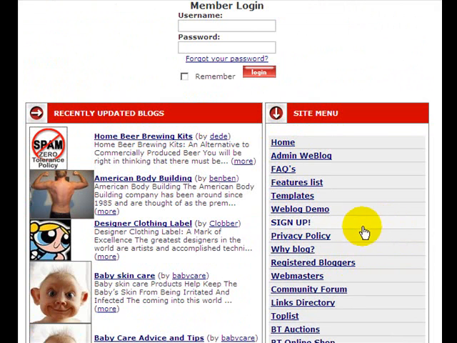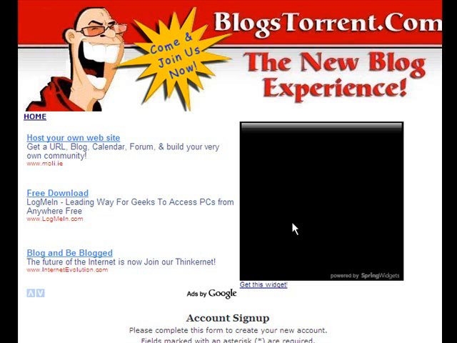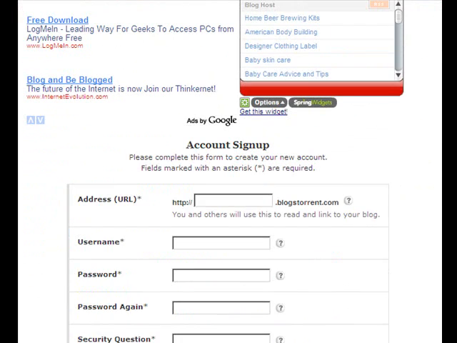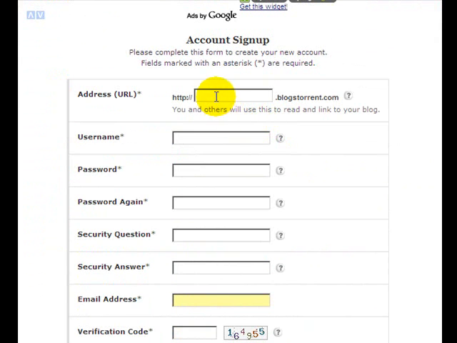But the piece that we're really interested in is sign up. So if you click on sign up, it brings you to this page, which is account sign up. In the account sign up, this is where you choose the name that you want your Blogstorrent to be. So in this case I'm going to choose the name The Joker,